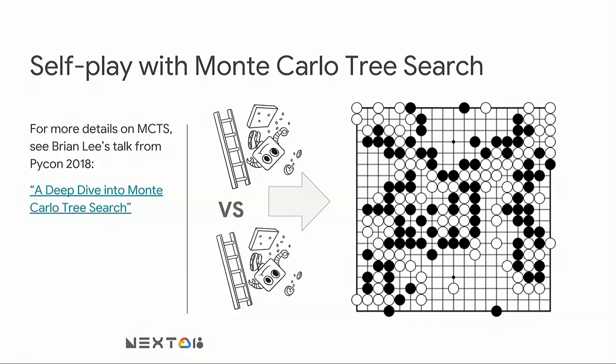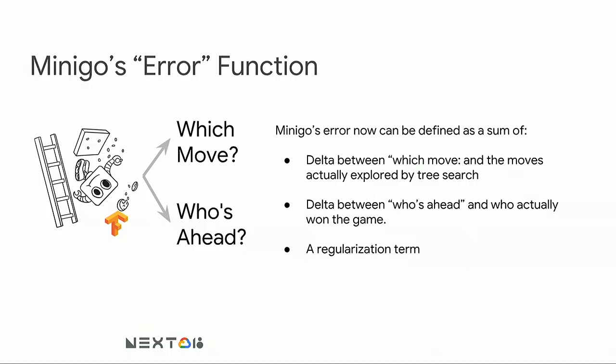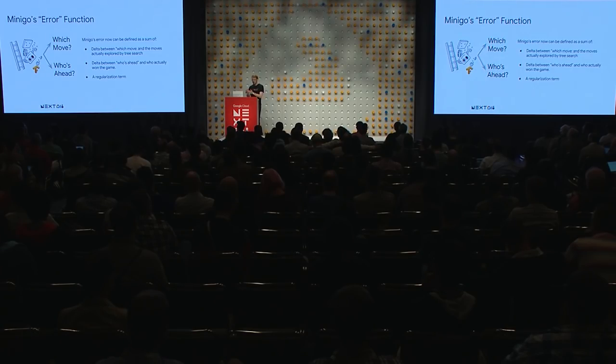So by doing this self-play with Monte Carlo Tree Search, we're able to quantify our error. So we asked Minigo for what move to play and who was ahead. And now we can define our error as the sum of the difference between the original estimate for what move to play and the moves that were actually explored by tree search. So we use that estimate of who's going to win to decide whether we continue to explore that move. So we'll look at this move, then we'll look at the next most likely one under it, and if it's better or worse, maybe we won't explore that parent move. Does that make sense? Kind of, maybe? Can we just sort of acknowledge that this could happen, and we can dig into the details at some later point? All right, so that's Monte Carlo tree search.